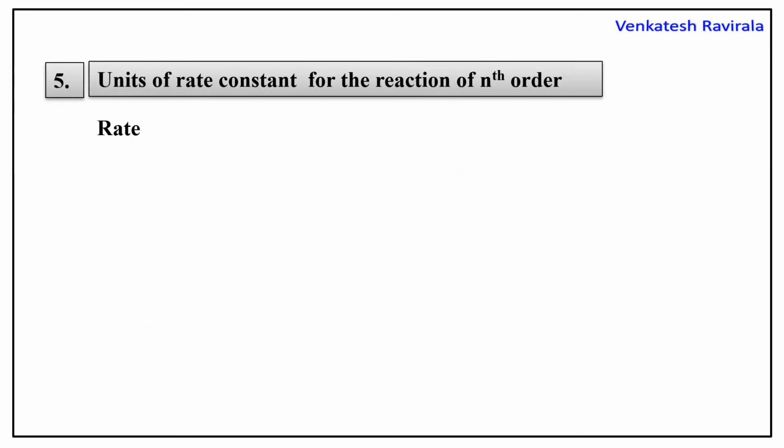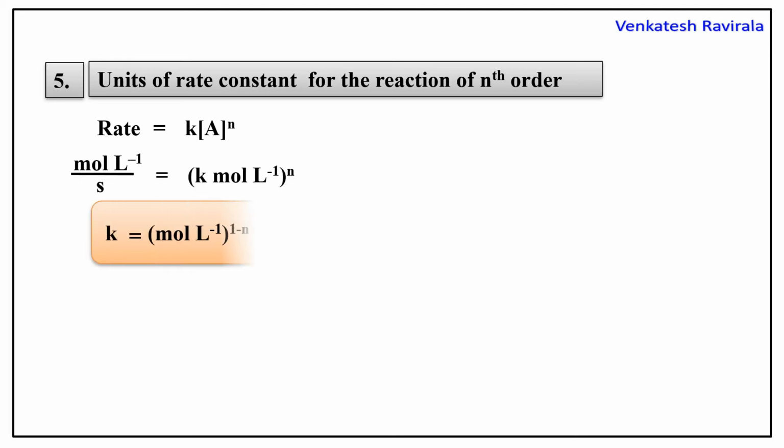We'll take one shortcut for nth order. If they give nth order in an examination, how do we calculate in that case? We'll take something like this. I have taken n here, and n here also. So for nth order, K is equal to what? Mole per liter, again mole per liter to the power of n. We will get this formula.